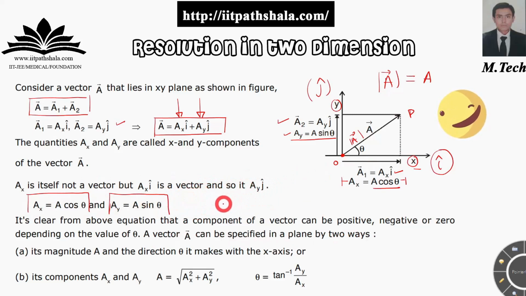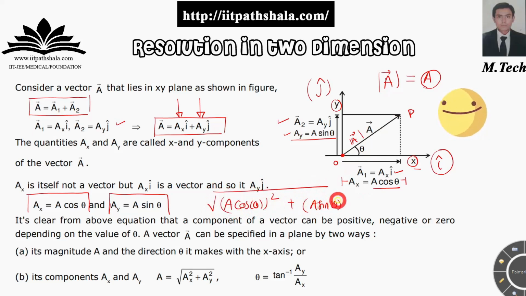Now let me remind you, if you have to find the resultant of this, you'll be getting this same thing back. Why? Because if you apply Pythagoras theorem over here, a cos theta whole square plus a sin theta whole square, and a square we will be taking common, so a square times sin square theta plus cos square theta, and you will again get a. Okay, so the magnitude of the resultant will be something like this.